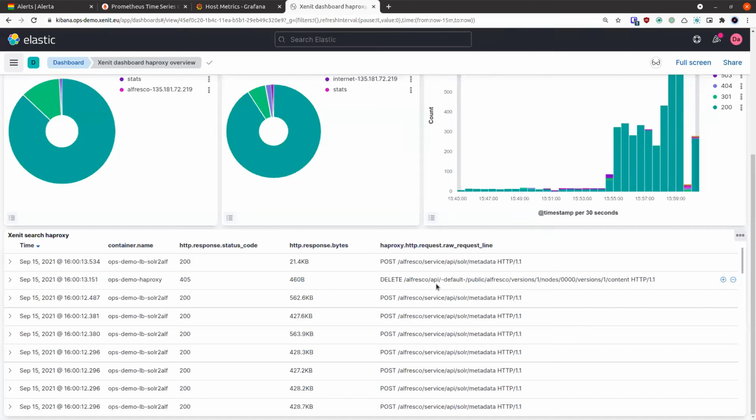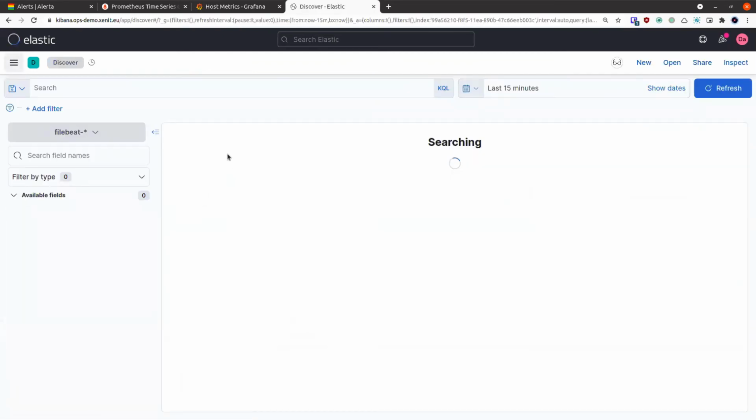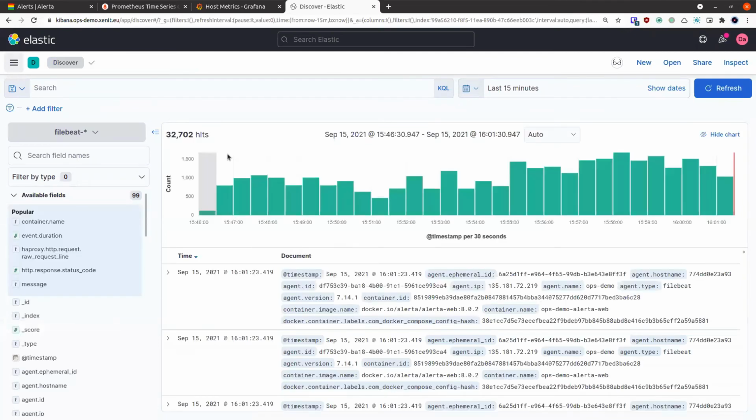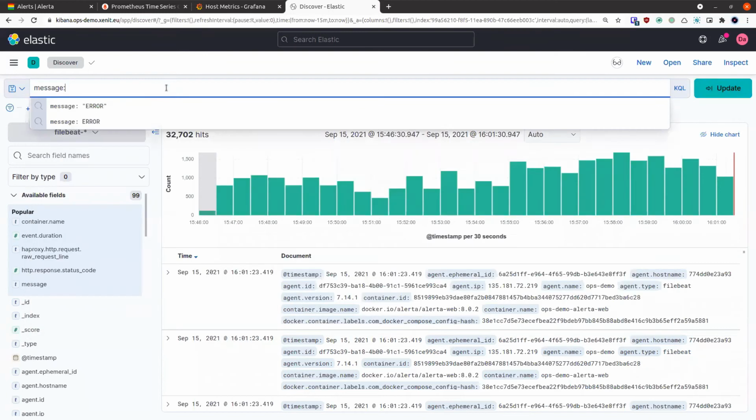Another example on how Kibana can assist you is by providing an easy-to-use interface for searching and investigating error messages on the Alfresco platform. So we can do that by going to the Discover page for Kibana. And that allows us, for example, to query for log messages stored in Elasticsearch, and we can, for example, filter on a very common error keyword like exception. So if you type in message: exception,